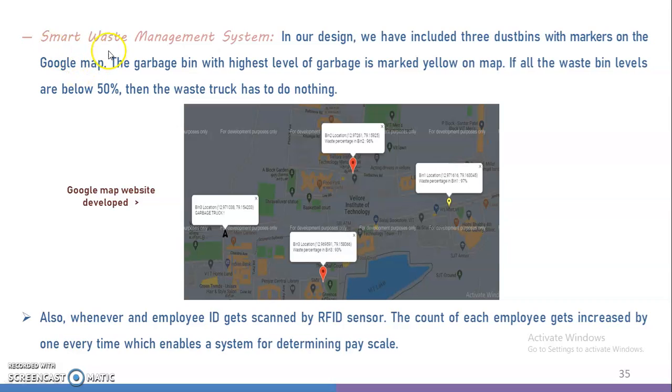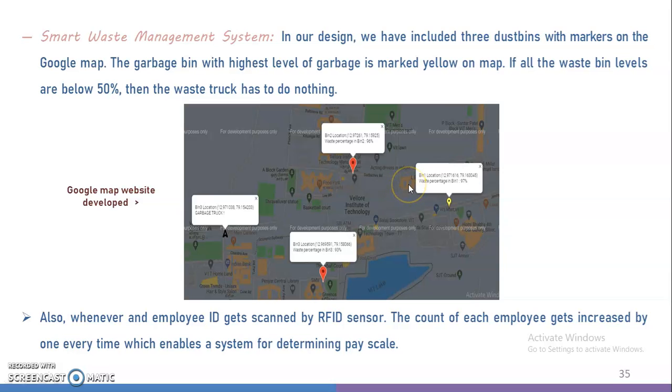Now this is the smart waste management system output. Here we have included these markers as dustbins, and this is the garbage truck or the waste truck which we were talking about. Like here we can see the waste percentages are taken in this website from the Python code which we were talking about, and here 97%, 96% and 93%. So 97% is the most, so it is turned yellow, and so that truck has to go here and clear the waste. As soon as it clears the waste, it becomes 0, and next this will become yellow,